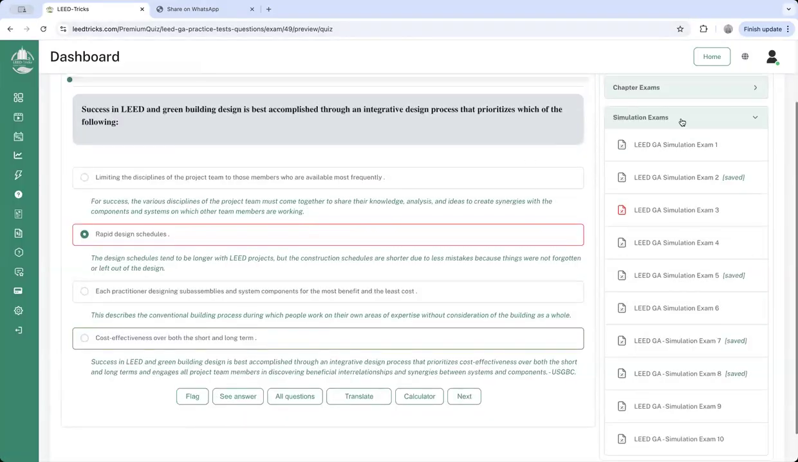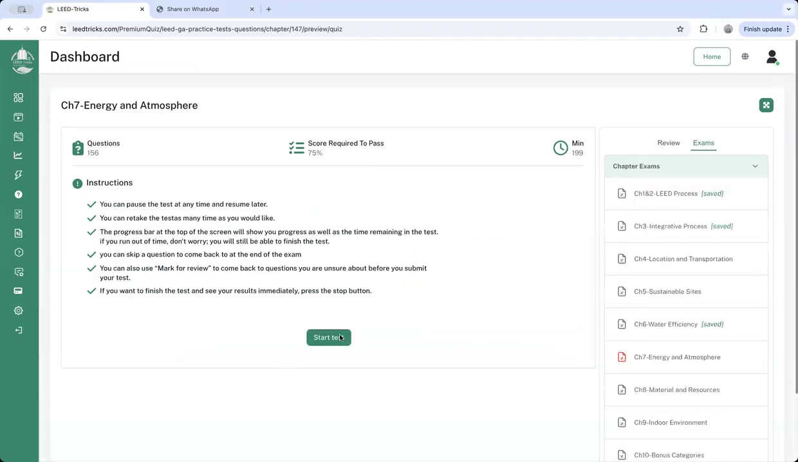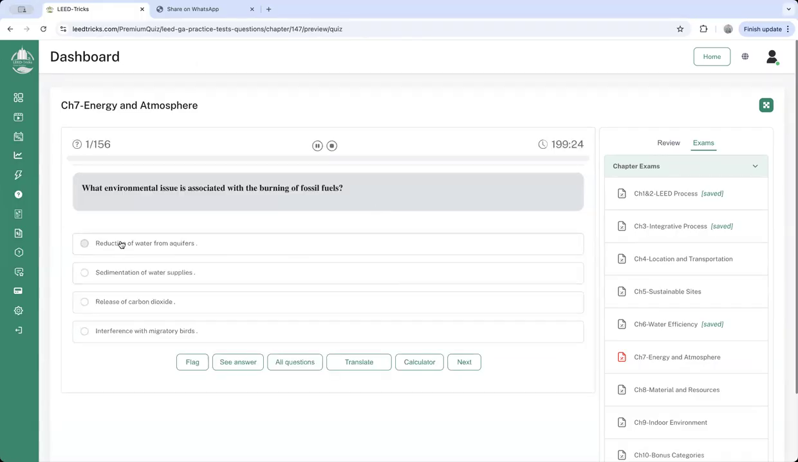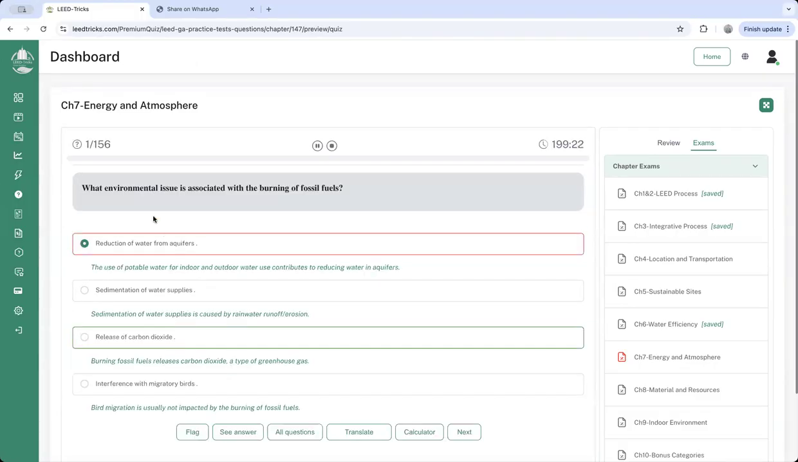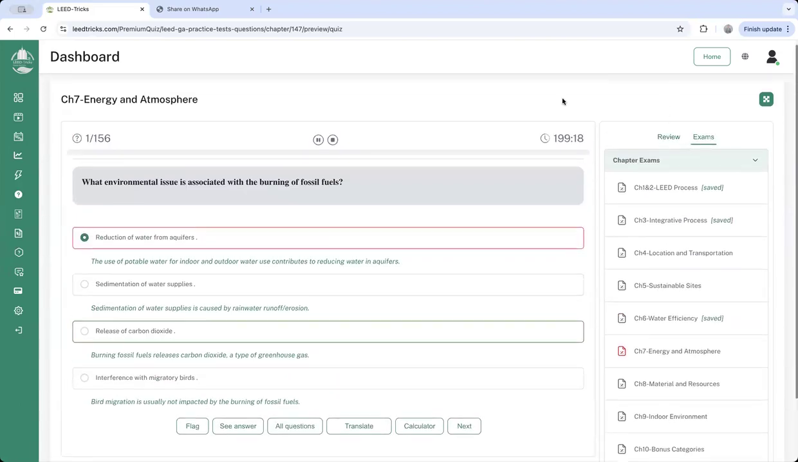The same goes for chapters, of course, but the simulation is really something similar to the environment and the question types that you will find in the exam. Here you can also do the same and see answers, or of course there is also, if you go to the